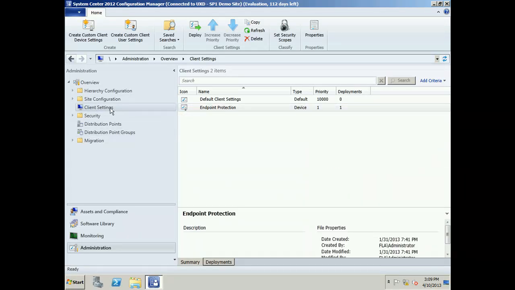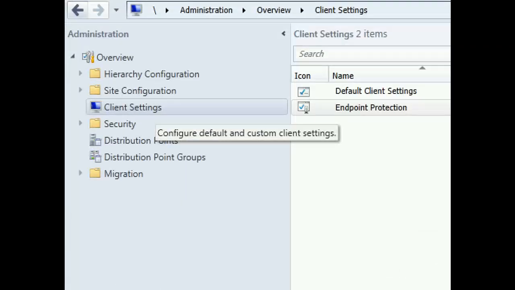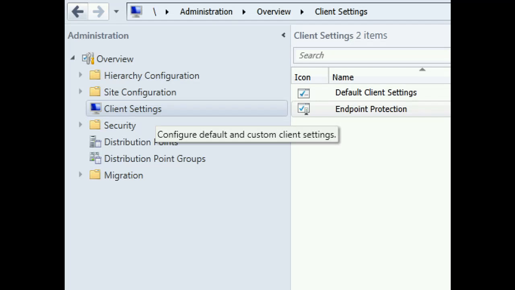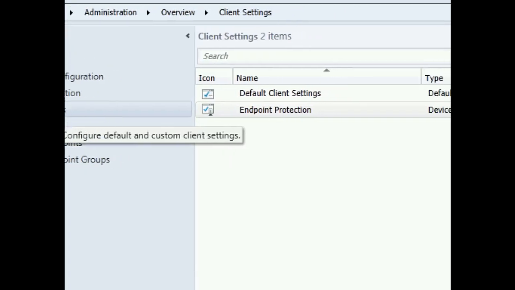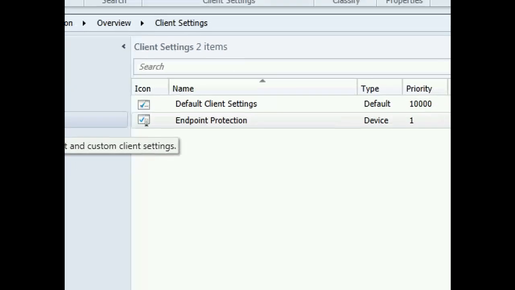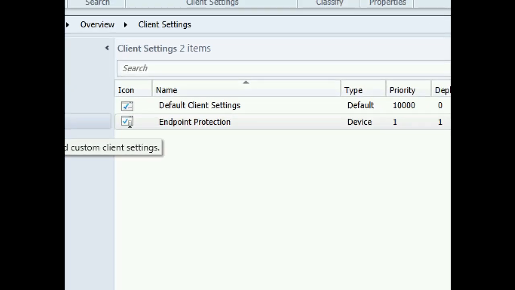So I'm still in the administration workspace, and I'm starting in the client settings node. And you'll see here that I have two client settings policies. There's the default client settings policy, and then we have a special one for endpoint protection. If you're not already familiar with how client settings have been changed in Config Manager 2012, we actually have made it very simple to bring all of your configuration for how clients are going to behave into our console, and we leverage